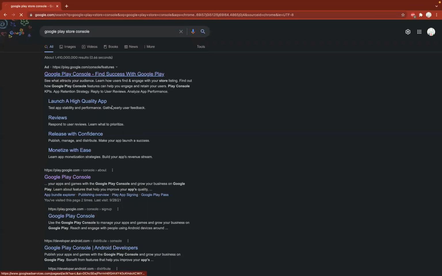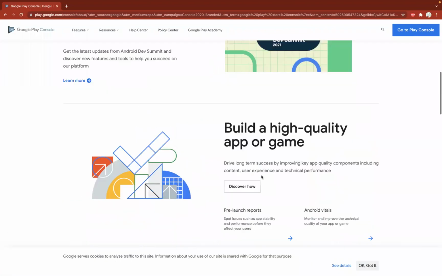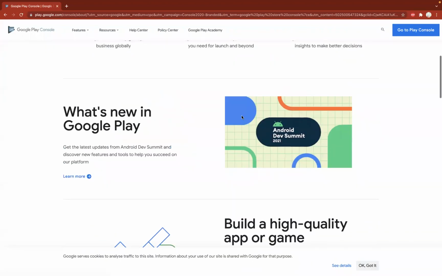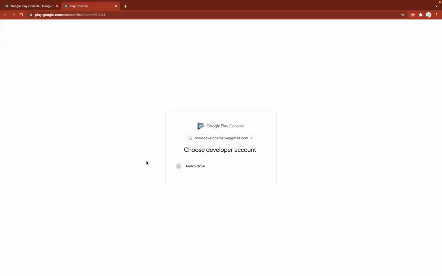So you need to have a PlayStore account. It's usually a one-off fee of $25. It's a worthwhile investment for you as an Android developer because it's a one-time fee. You don't have to keep on buying that account or purchasing again. Once you buy one time, that's it. So I'm going to go to this and then,